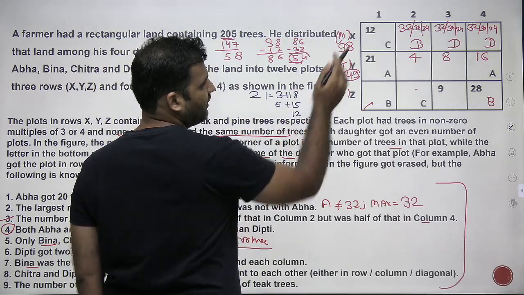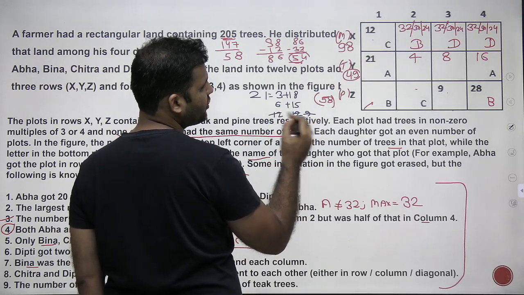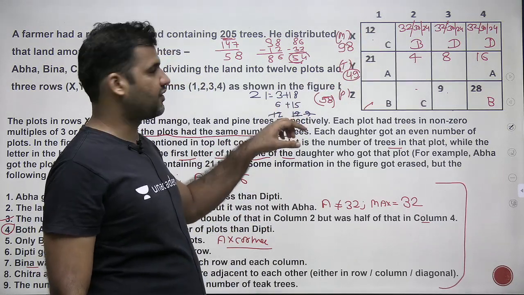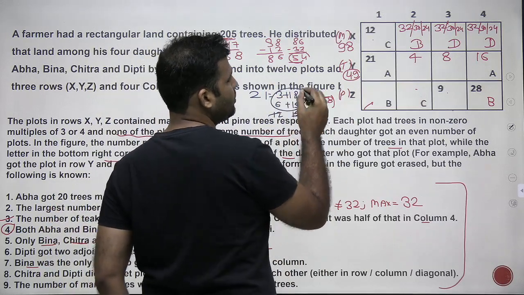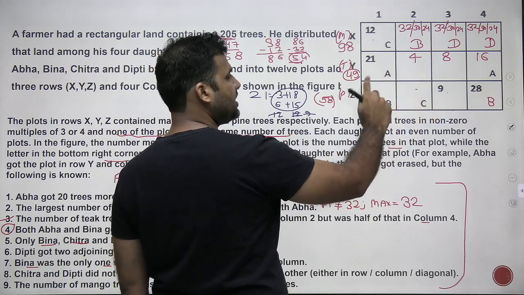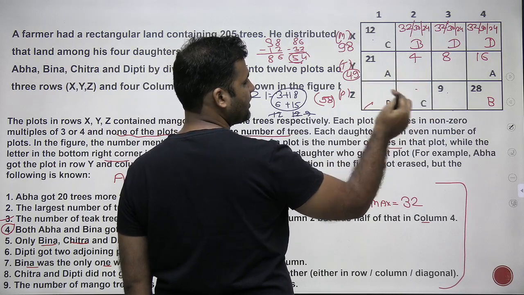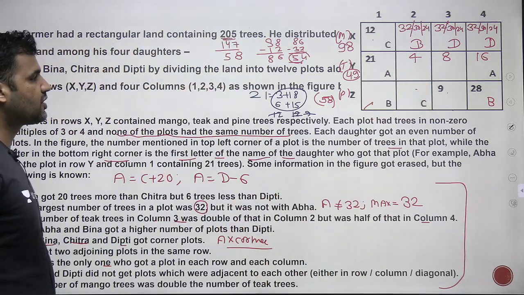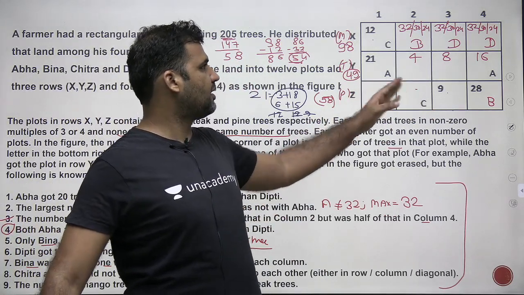Further, if I go to 12, 12 is already there, so I cannot go with the case of 12. If I take 9 here, this value has to be 12. Again, 12 cannot come here. Then the next case would be 6 and 15. So these are the two cases I'm left with. These two cells will be making a combination of either 3 and 18 or 6 and 15. 3 can come over here and 18 over here, or 18 here and 3 here; 6 can come here and 15 here, or 15 here and 6 here. Any of these combinations is possible, but we do not know at this point which is the right combination.